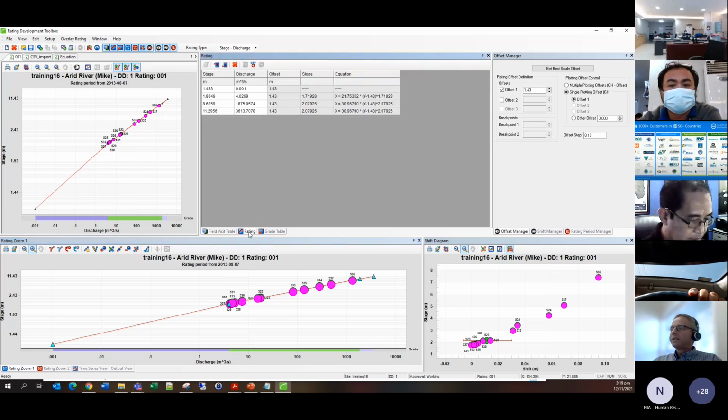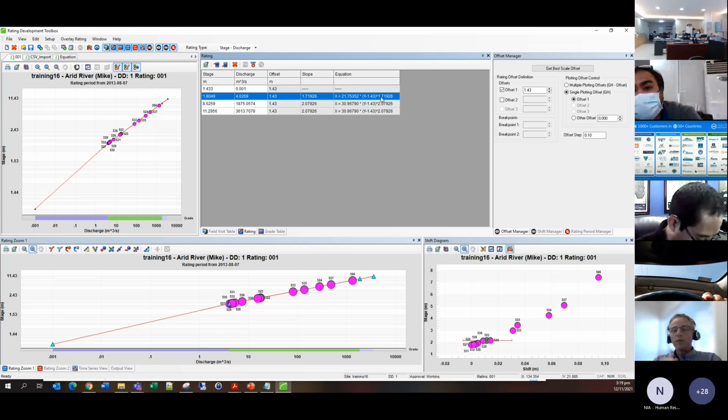Another area that the hydrologist will tell you, and again, it's not the area that I'm expert in, is something we did talk about yesterday though. It was based on understanding your site and the geometry at your site. You will have some understanding of what kind of exponents you should expect in your rating lines. And so one of the things to check in terms of the rating that you've prepared and reviewing it is,